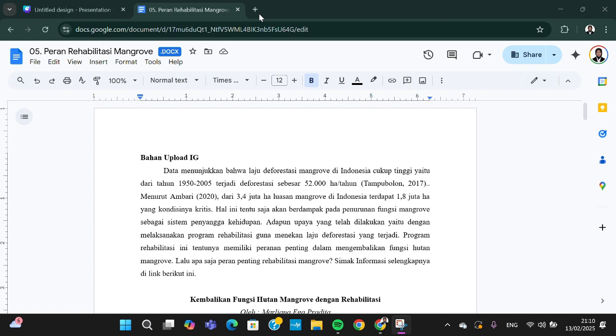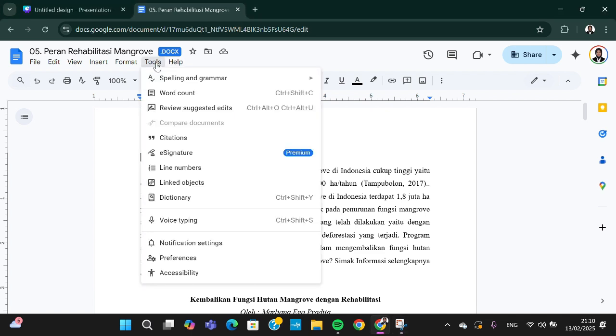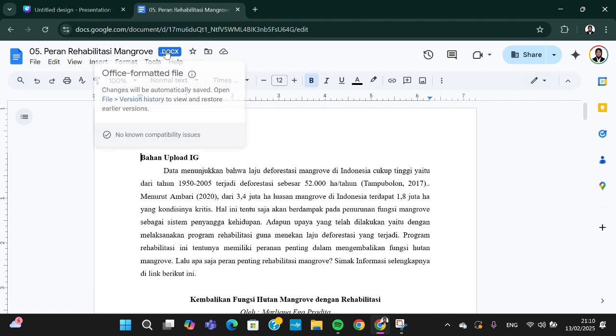If we want to translate our document, we need to go to the tools and the translate option will appear right here. But as you can see guys, there is no translate option. If we want to get the translate option, we need to change our Google Doc format. As you can see here, my document is in the Microsoft Word format, and if you want to get the translate option, we need to change the format